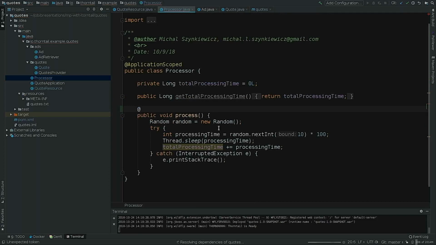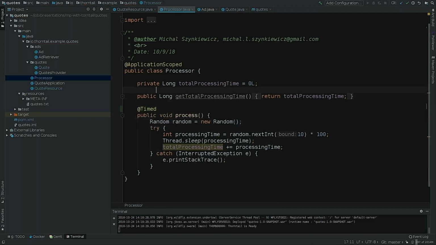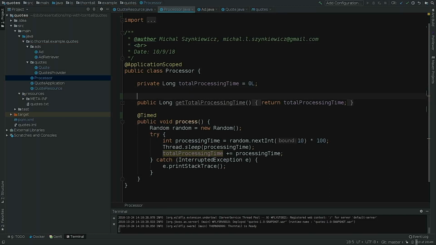So yeah, I can add the basic metrics I would get with the timed annotation or metered annotation, but I want to get a bit more. I also want to get some time statistics, so I'll add a timed annotation. Timed contains everything that metered contains, but also adds time statistics. And I can also specify some